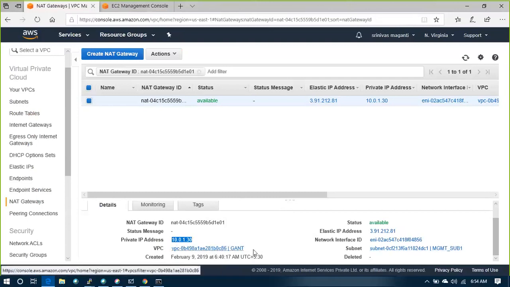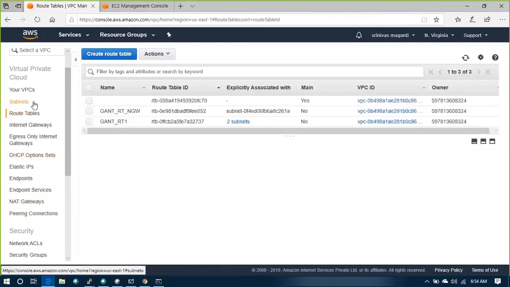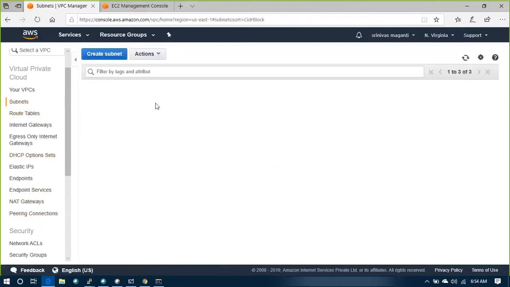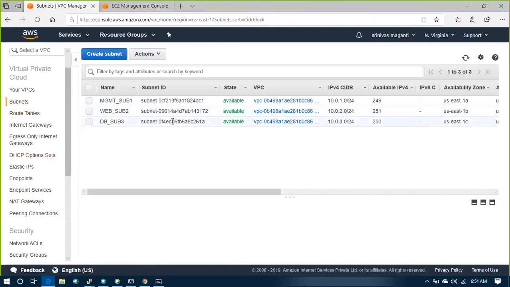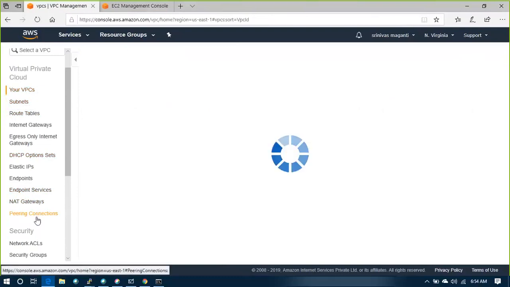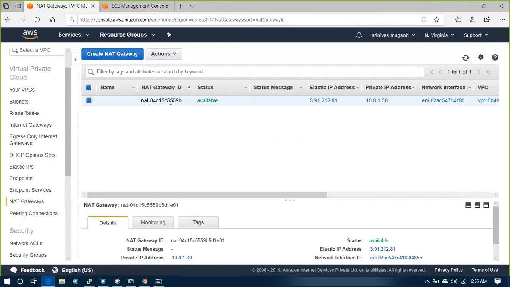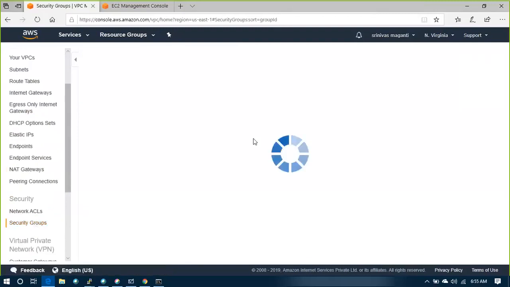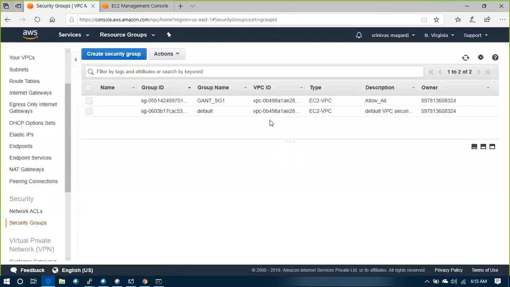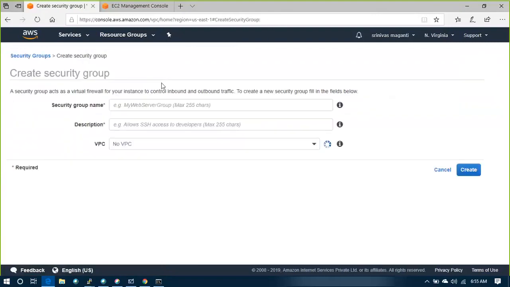This is private IP for this. This is elastic IP. That's okay. This is applicable for private and elastic IP. NAT gateways. Security groups. Create a security group.